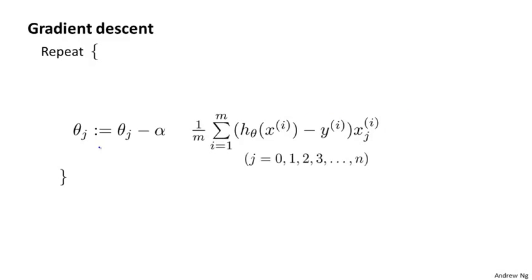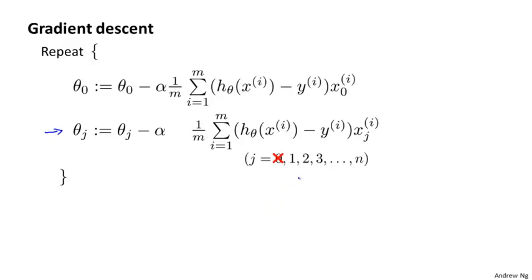had the following algorithm. For regular linear regression without regularization, we will repeatedly update the parameters theta j as follows for j equals 0, 1, 2, up through n. Let me take this and just write the case for theta 0 separately. So, I'm just going to write the update for theta 0 separately from the update for the parameters 1, 2, 3, and so on up to n. I haven't changed anything yet, right? This is just writing the update for theta 0 separately from the updates for theta 1, theta 2, theta 3,